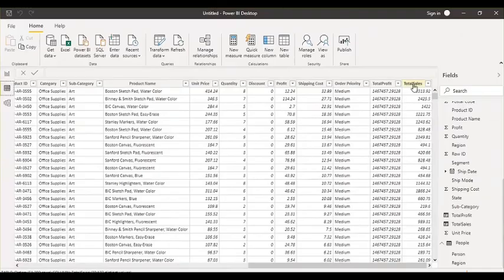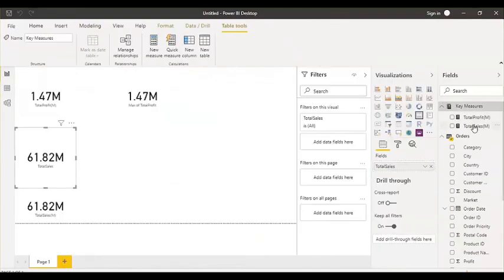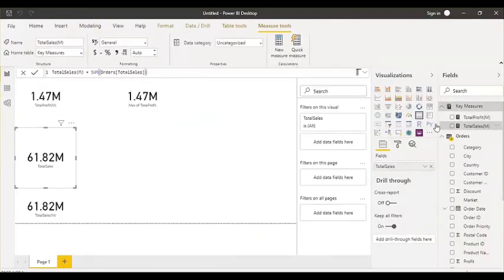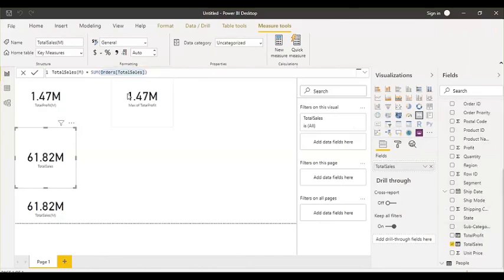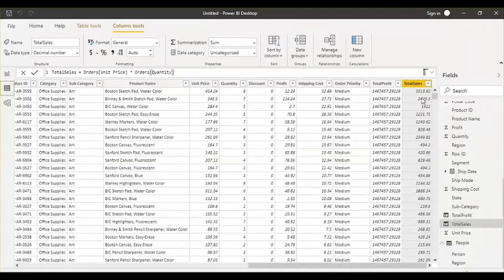So what we did here, we just calculated this total sales, right? And now just think that this total sales will be used in some other measure, for some other purpose. How did you get this total sales value? First, you created a column. In this column, you just multiplied the value of unit price and quantity, right? When you created this column, it increased the size of your data model, obviously.